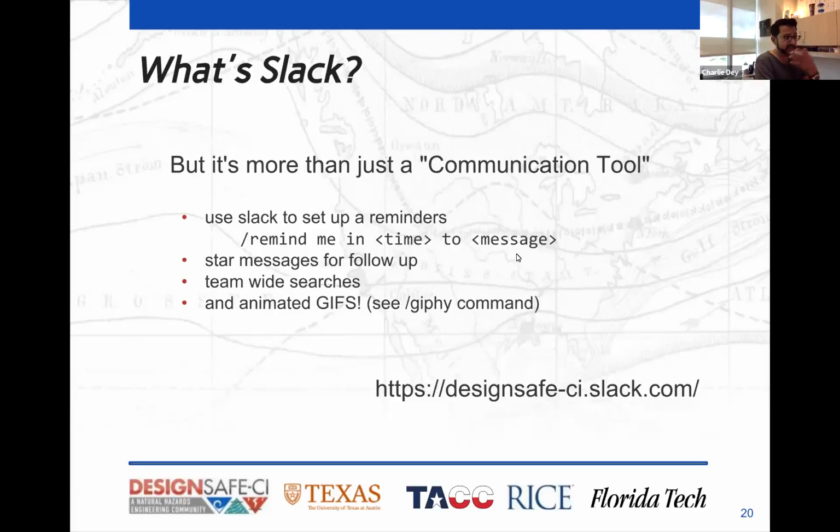During the hurricane season, a lot of the hurricane reconnaissance researchers use Slack as a method of communication between teams, and where they're putting their equipment and what kind of equipment they're using, and sharing selfies and all that stuff. It's actually a really great tool and it's become quite useful to DesignSafe. You can also do fun stuff. You can set up reminders, you can start messages, you can do team-wide searches, and of course you can play with animated GIFs. So feel free to find us at